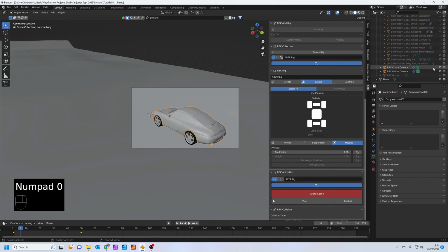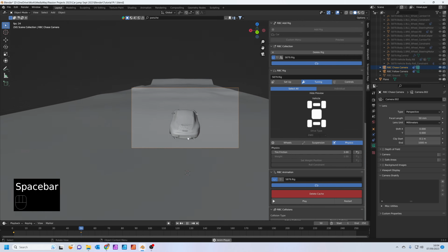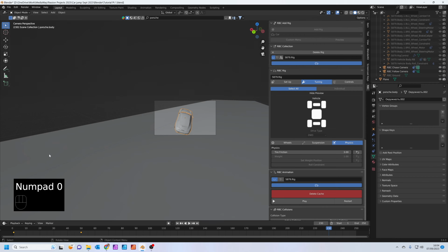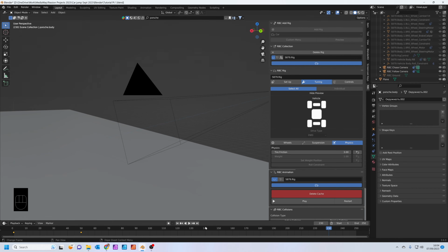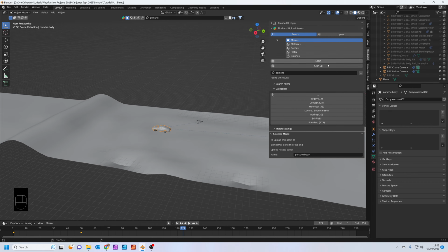So we've also got a chase camera. Let's click on the green icon to make that active, and you can watch the car from this angle instead. And really now it's just a case of dressing the whole set to make it look something a bit more interesting. So hop back into BlenderKit. Let's get some lighting first on this scene now.